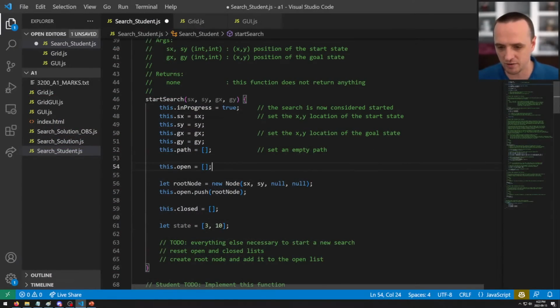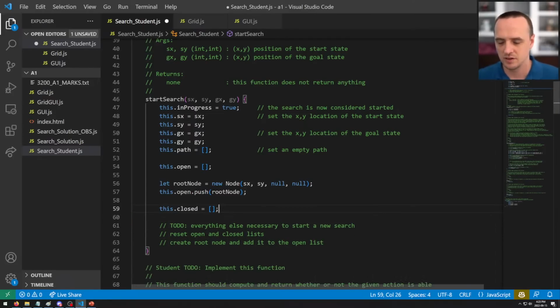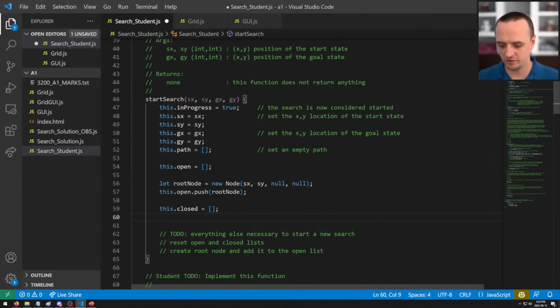So if we're back here, let's say we want to use the state from the root node and add that to the closed list. Now, we don't want to do that. I'm just showing you this example, okay? So we have this state. So inside the closed list, we would say we are going to add a new state. So, well, okay, we have the closed list. Now we say